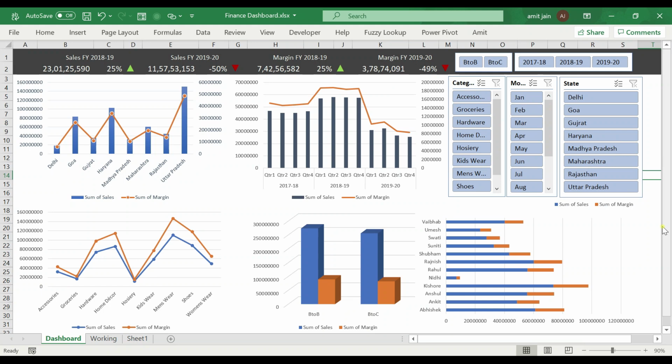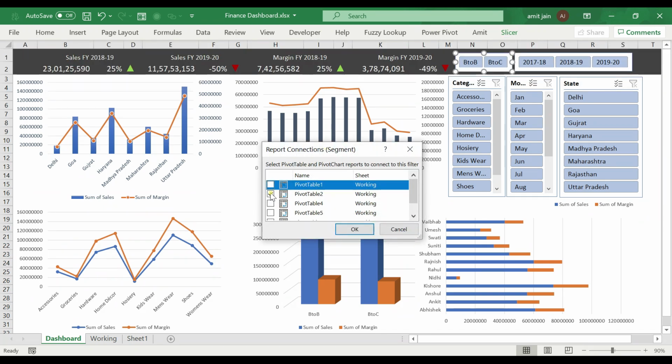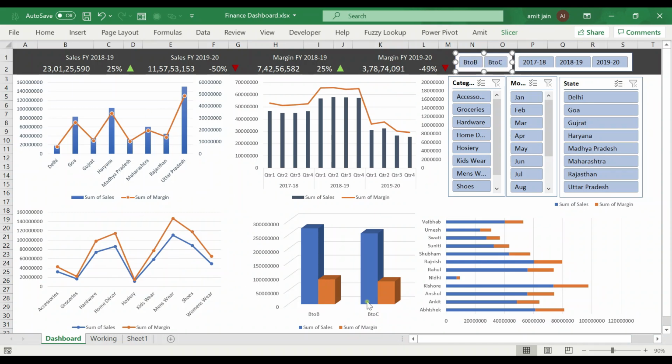So friends, my dashboard is ready, looking good, right? What I need to do is connect all the slicers with all the charts. Currently, we have inserted all the slicers on the basis of this chart only, so we need to click one by one. Just select this chart's slicer and go to Slicer. In your case, if it is Options, go to Options, Report Connections. In Report Connections, just select all the pivot tables, because currently it is linked with this PivotTable 2. It is created from PivotTable 2, so just check all the options. Okay, now this slicer is linked with all the charts.